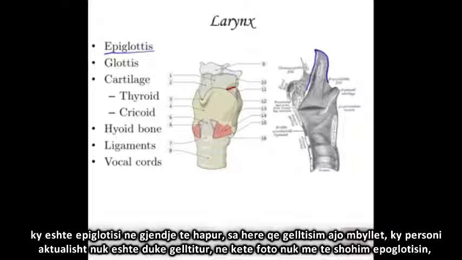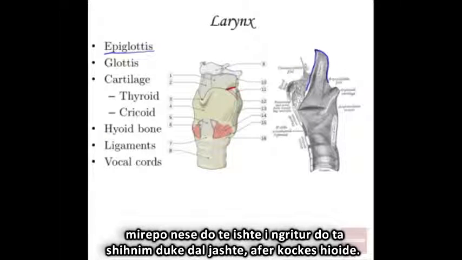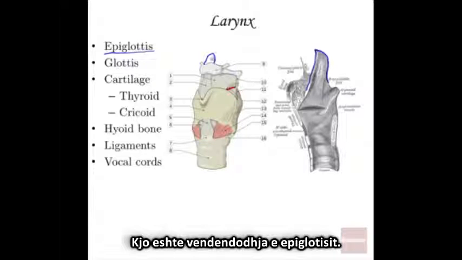It's like we're looking from the side view. So this is the epiglottis when it's not closed. So every time you swallow, it does close. So this person is not swallowing currently. You can't see the epiglottis in this shot, but if it were raised, you would see it poking out next to what's called the hyoid bone right there. So that would be where the epiglottis is.